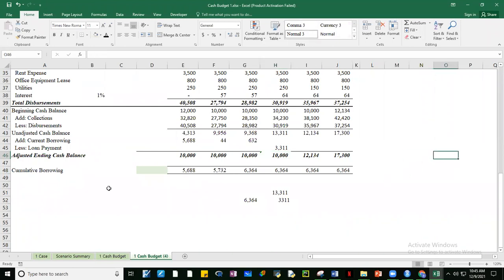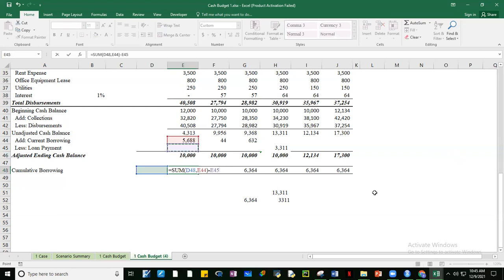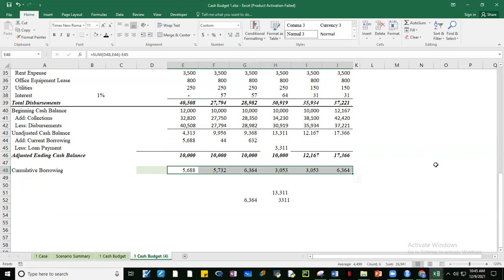Okay? Tapos, yung cumulative borrowing natin, what will happen? Babaguhin din natin yung formula na to. Kasi yung formula natin ito will be sum of that one, di ba? I-minus natin kung merong loan repayment. Okay, so if you take a look at this, guys. Okay. So what happened now?